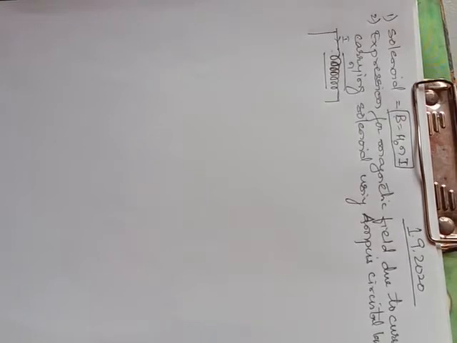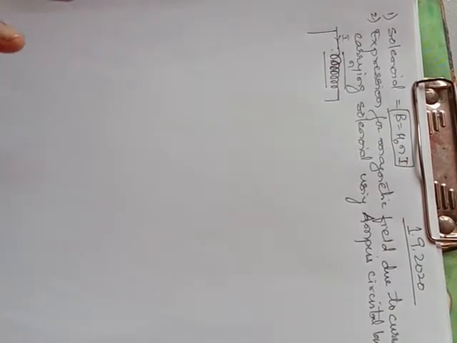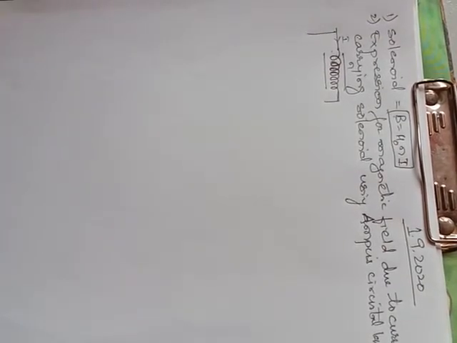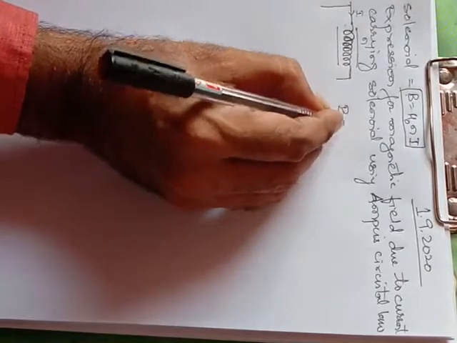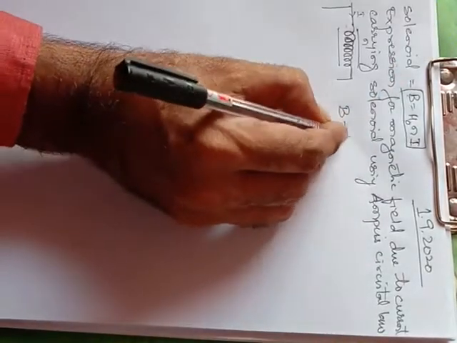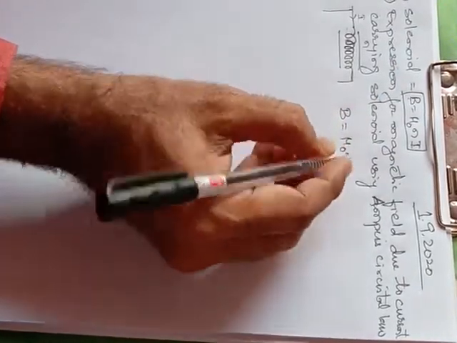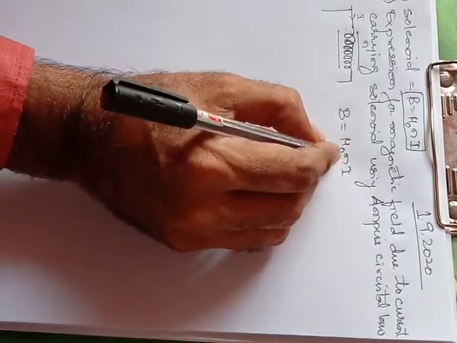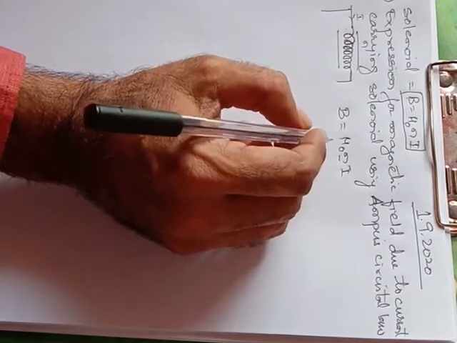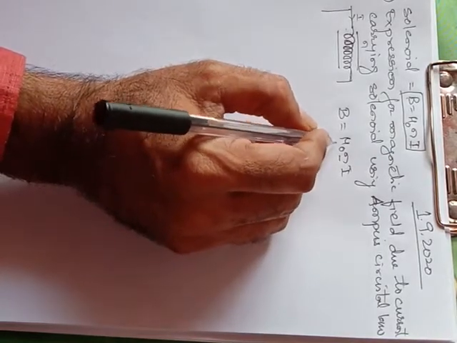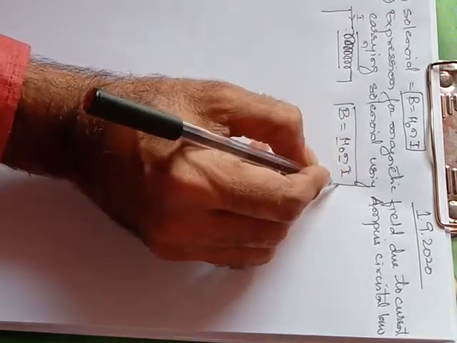So we have seen that a solenoid converts electric current into a mechanical effect, so it is commonly used in switches. Further, we have seen the magnetic field created by the solenoid is given by B is equal to mu naught n I, where I is the current, n is the number of turns per unit length of the wire, and mu naught is the permeability of free space. So this we have seen yesterday.